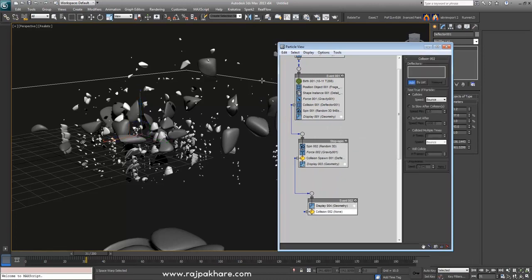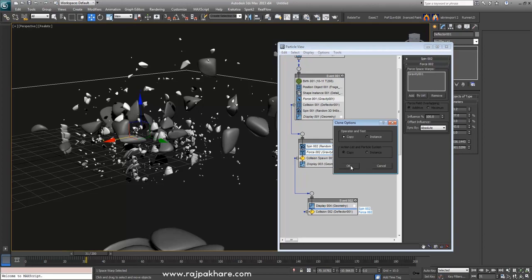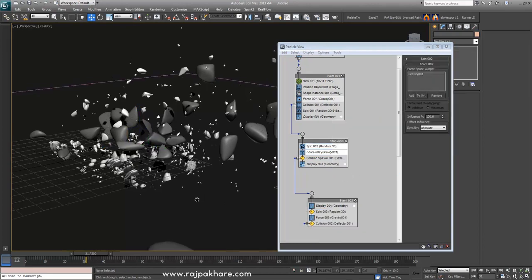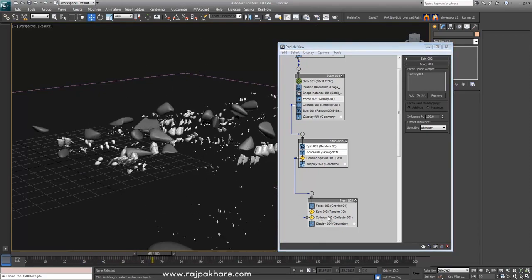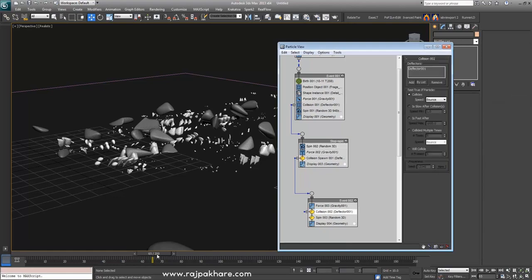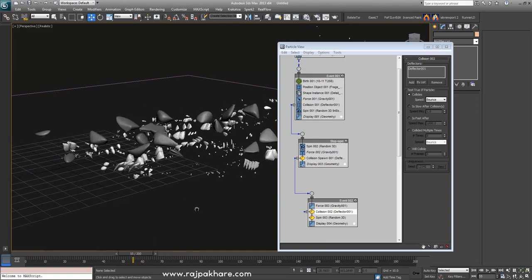And again, I have to add collision and spin and gravity. As you can see, they're spawning,